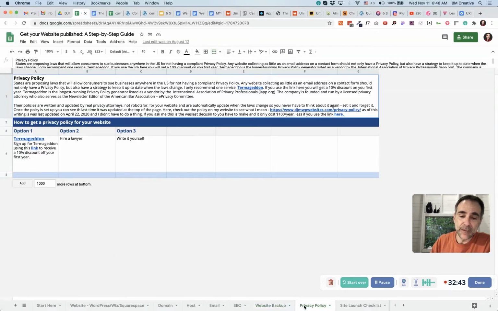Privacy policy is next on our list. It's not something to take lightly. I've never had a problem with it, but I do have a privacy policy on my website. Depending on where you are, your laws are going to be different. But if you are collecting any information from a user, if you have a contact form, you're asking somebody for their email address, you have to. It's not even you should. You have to